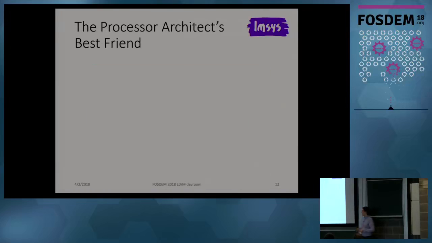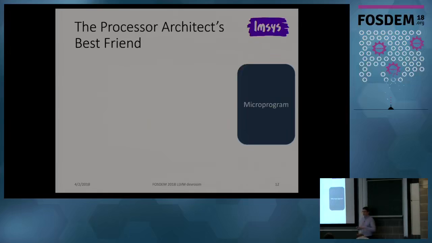And actually microcode makes it possible to have really tight control over what the processor does. So I would like to give you a brief idea what microcode is. The processor has a microprogram. The microprogram is a list of micro instructions,